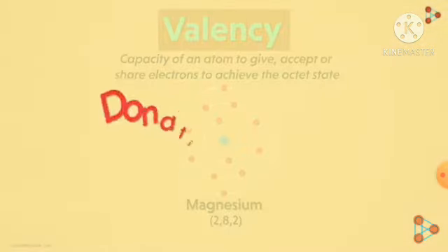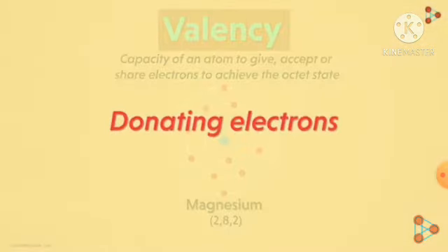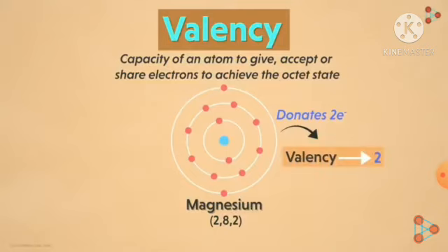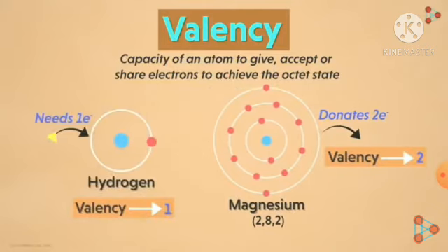Then how will magnesium complete its octet? This is where the concept of donating electrons comes into the picture. If managing the gain of 6 electrons is difficult, then can it think of giving or donating the 2 electrons? Yes, absolutely. So if magnesium gives away 2 electrons from its outermost shell, then we say that the valency of magnesium is 2. That means it's not only about how many electrons can be taken, but also about how many electrons can be given by the atom.